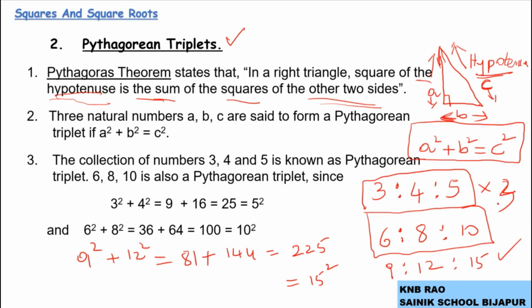Now you not only know 3 is to 4 is to 5, but all its multiples by the same number can also be called Pythagorean triplets. So that's how we can have plenty of Pythagorean triplets, and all these are the possible lengths of a right-angled triangle. Okay children, now continuing this topic,